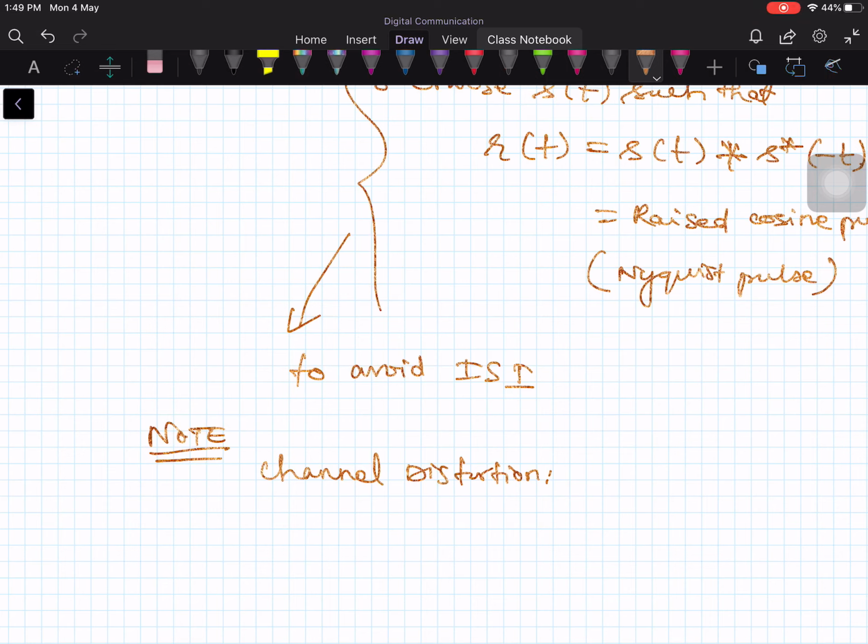In our discussion I did not consider any channel distortion. I consider only the additive white Gaussian noise. So this channel distortion I am not considering at this moment in this lecture. I have idealized the discussion a bit by assuming that the channel is ideal, and therefore the waveform does not change. The waveform you transmit, the same waveform will be received at the receiver, and there is no channel distortion, but only the noise will get added to the signal.